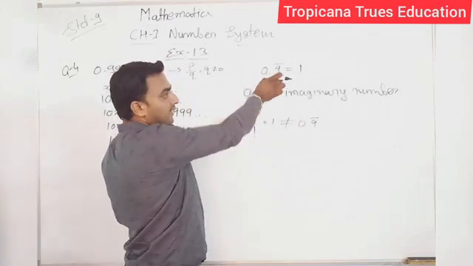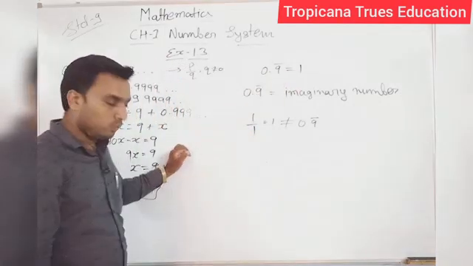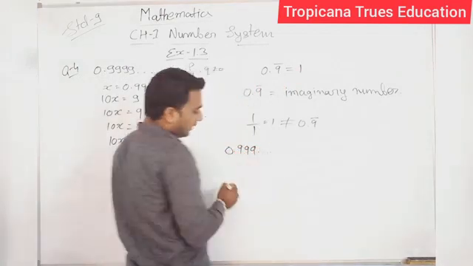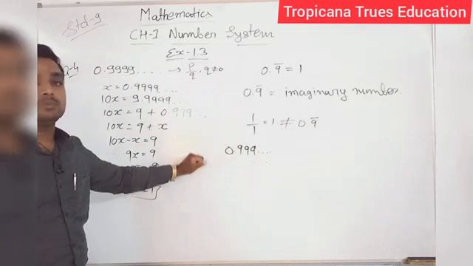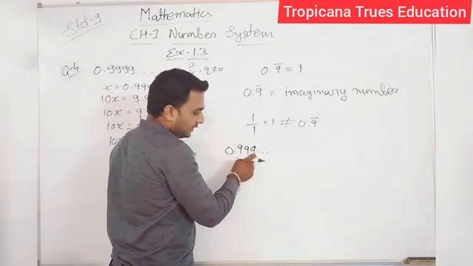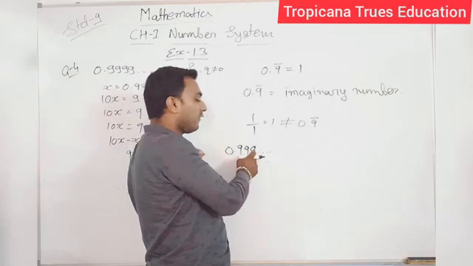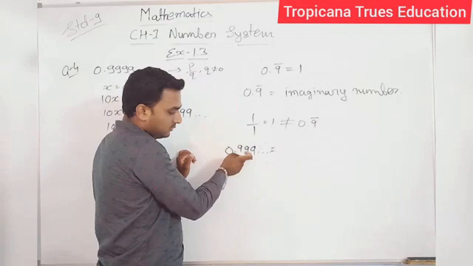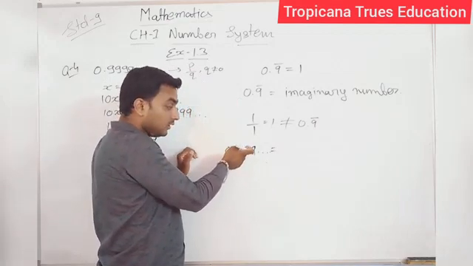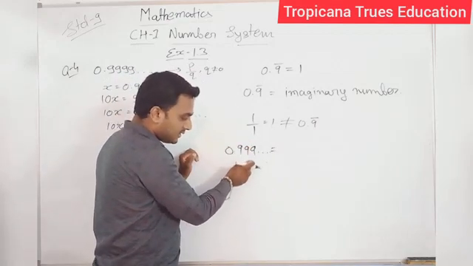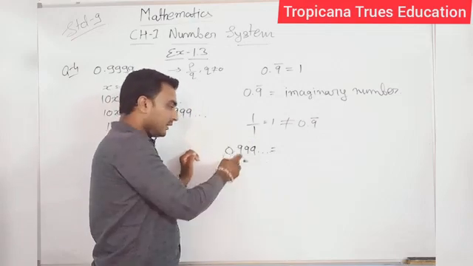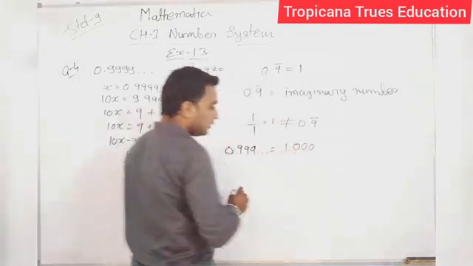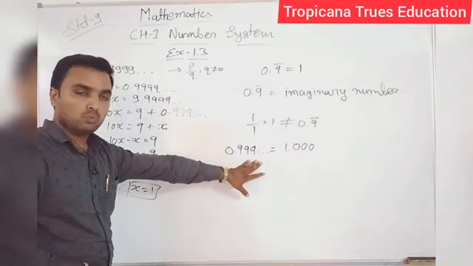Now we can specify why the answer comes to 1. So 0.9999 is given right over here. Then what can we do? We have to correct it up to 1 decimal place. Now see, here it is 9. This is more than 5, so you can add 1 right over here. Then what happens? You add 0.1. Then 9 plus 1 is 10. Again here it is 0, you can add 1 over here. Then 9 plus 1 is 10. So the answer will be 1.000. Clear? So we have to correct it up to 1 decimal place.